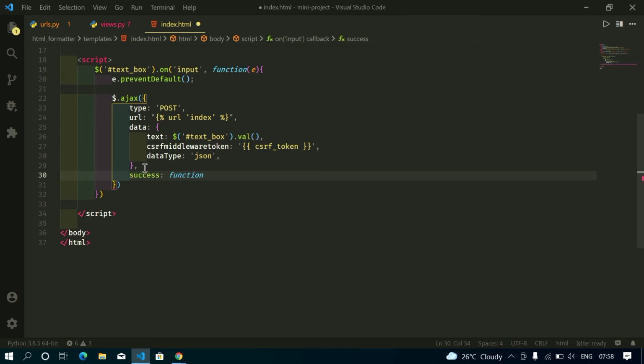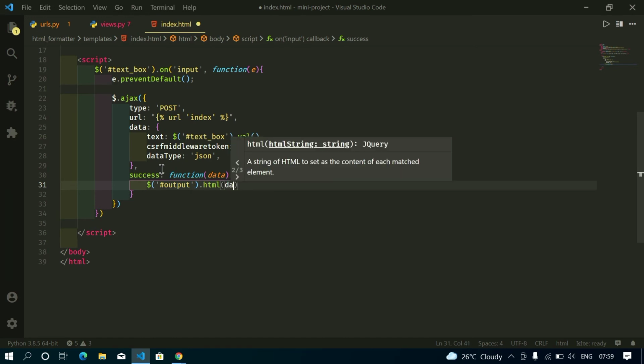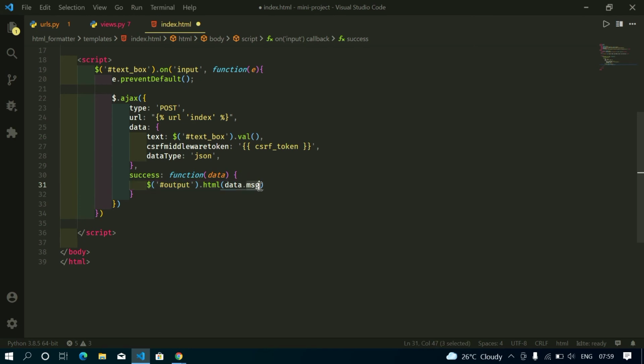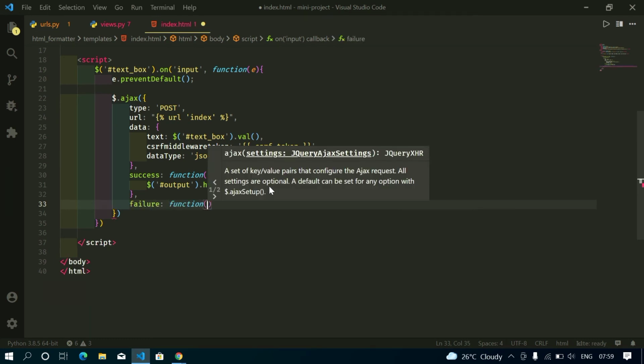Yeah, function, and in this function we will collect the data that is sent as a JSON response by the server, and we will display this in our output box dot, and the key is message, that is what we assigned for our data entered, right? And if the request is not successful, it will call another callback function called failure. In this case,